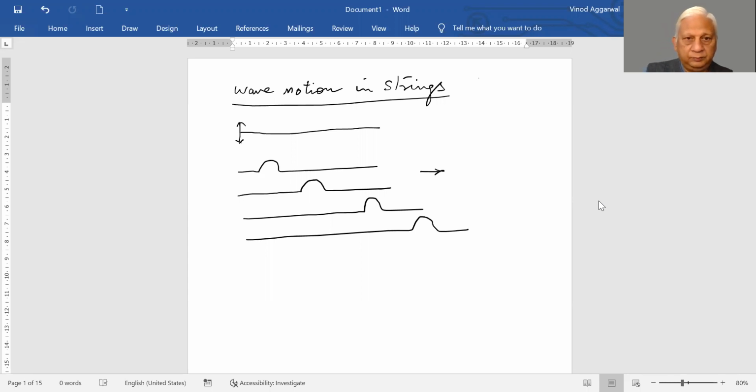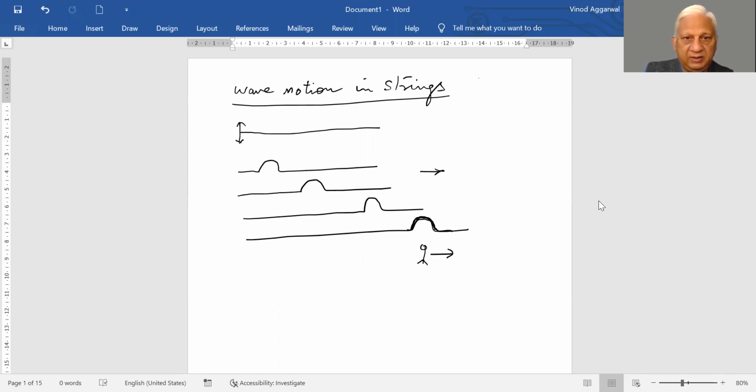Now, if you start walking along the wave with the same velocity as this, you will see that this portion, or the pulse of the wave, is stationary. Nothing is moving. Is that so? No, it is not like that. It appears that the wave is fixed, but it is not so, because